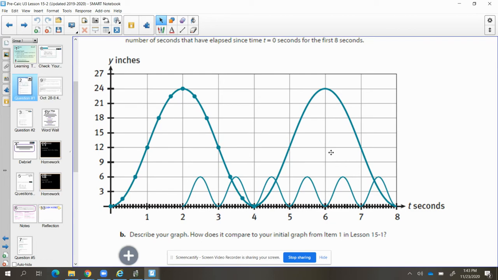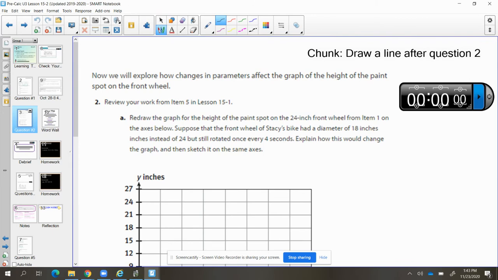And that periodic nature about them, how they're repeating every 4 seconds and every 1 second. Now the next piece of this, beyond page 203, on page 204, asks us to change some features about our bike that would ultimately change the graph, okay? So the original graph